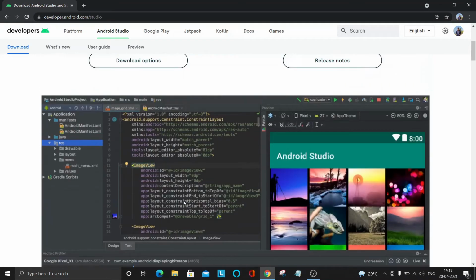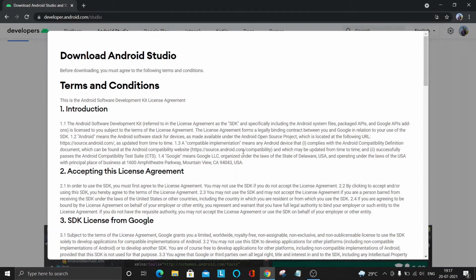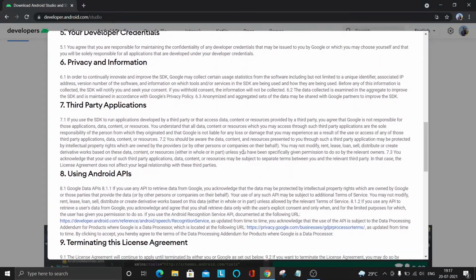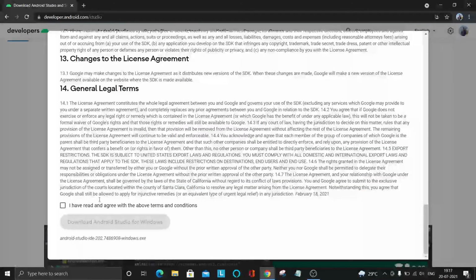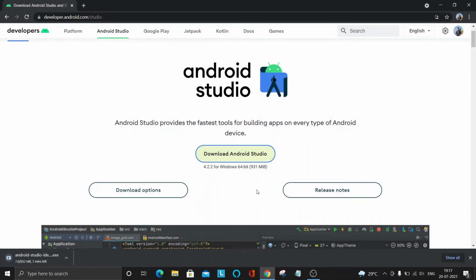For installing, just click on download Android Studio, accept the terms and conditions and click on download. It's 931 MB.